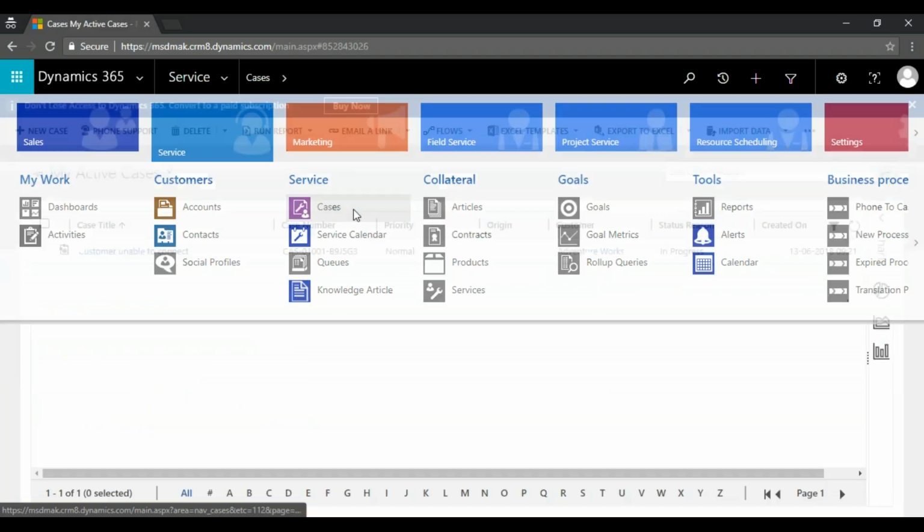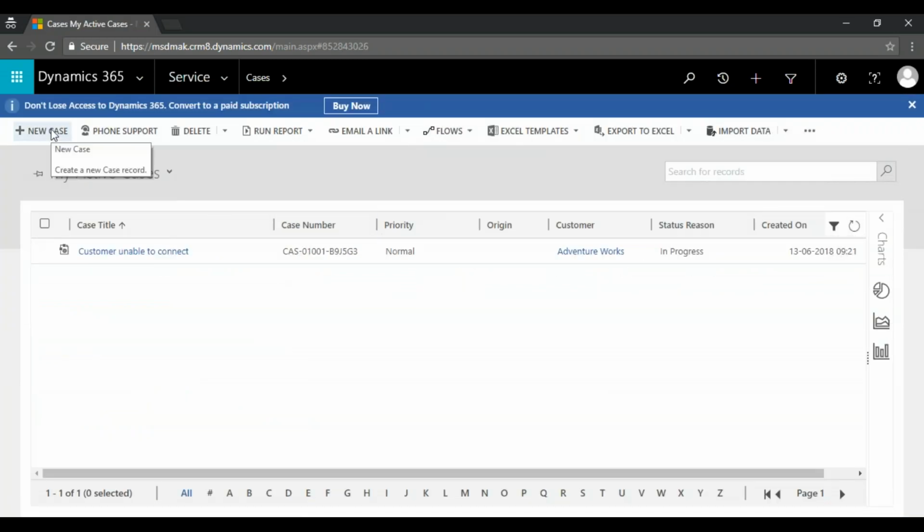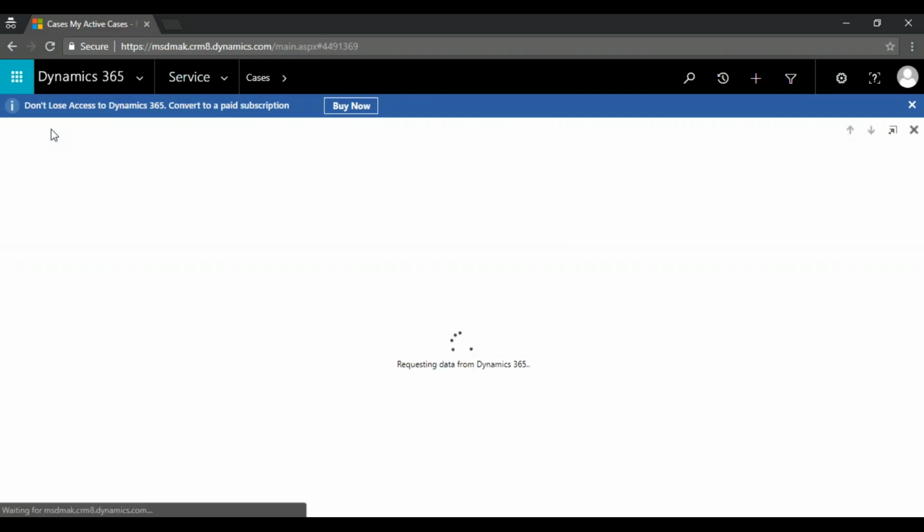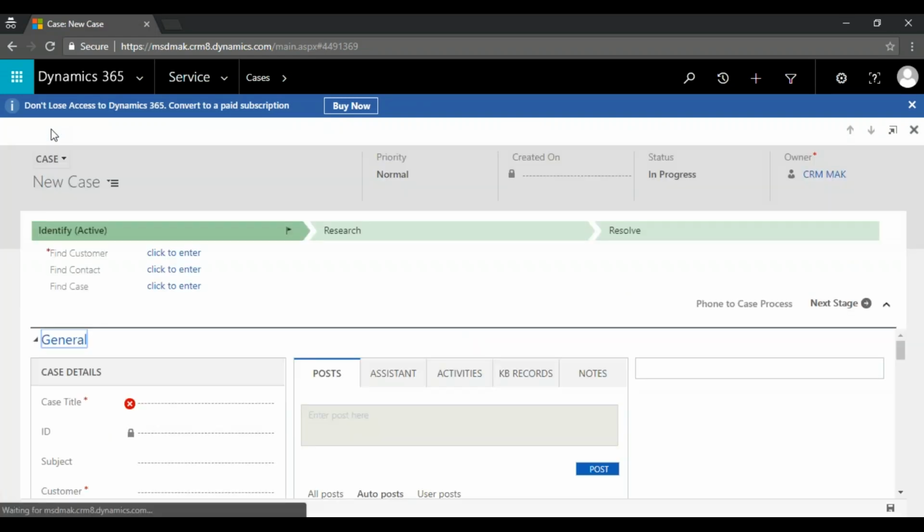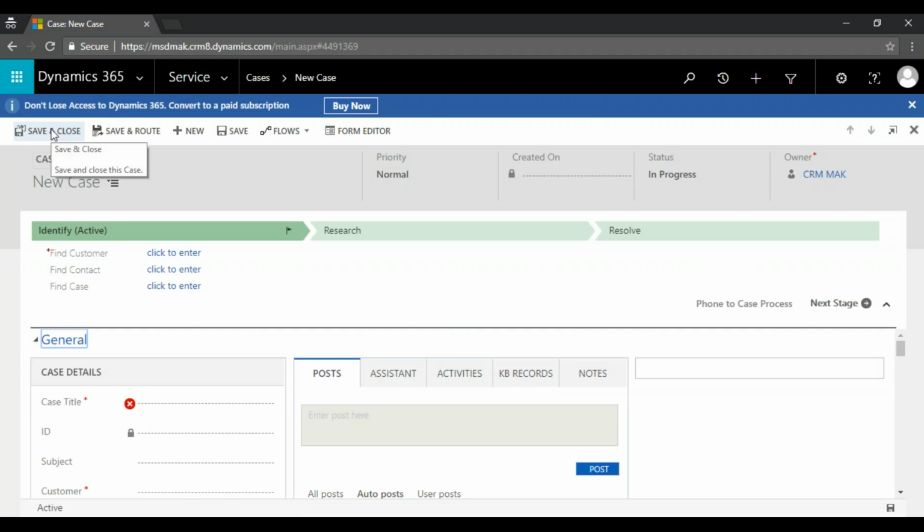So we'll go back to the service module. In the service module, we'll go to the cases here, and I'm going to create a new case here. Customer unable to connect.